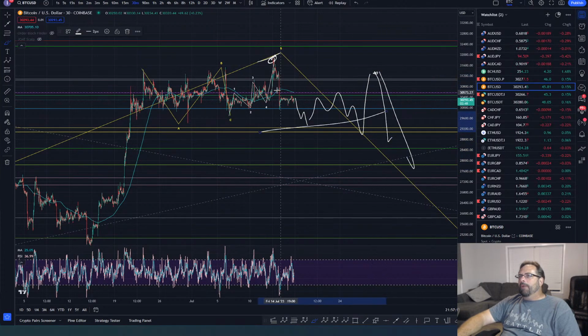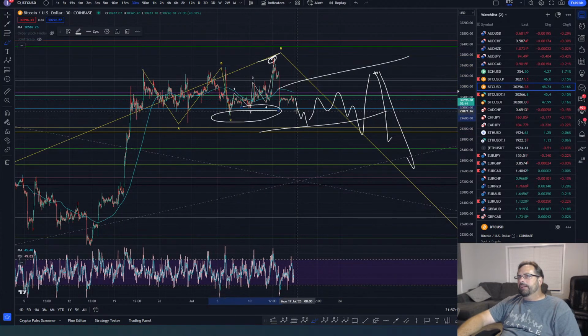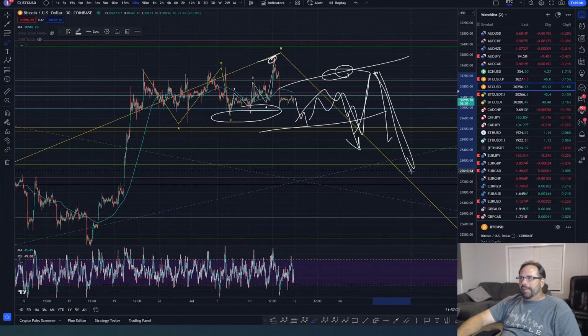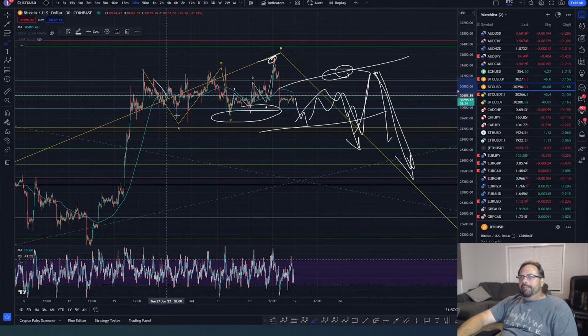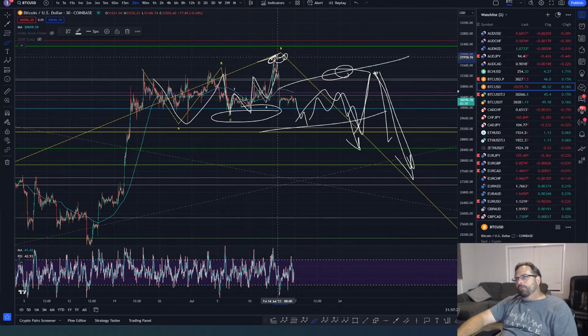So we're going to play around in this range, play around under here for this liquidity, come back into the range a little bit, pretend like we're going down again, hit the top, grab liquidity, and go. So that's the way the market could play out if this is a finished 3-wave move and that's an ending diag. Then we're looking for a 1 and a 2 and a let's go.